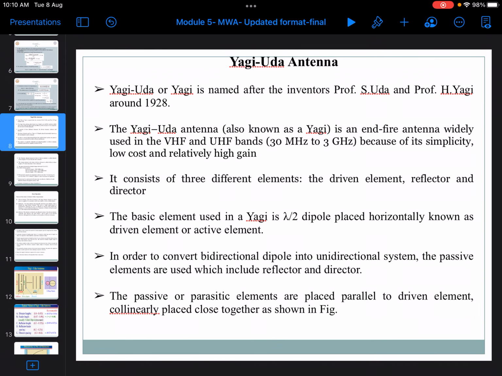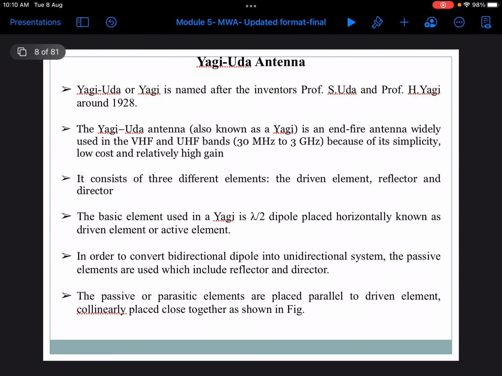The Yagi-Uda antenna is named after the invention from Professor S. Uda and Professor H. Yagi around 1928, and it is familiarly known as the Yagi antenna. It is an end fire type of antenna, indicating that the radiation is along the direction of the antenna. That means if it is placed along the vertical, the radiation pattern is also along the vertical, and it is majorly used for TV receiving